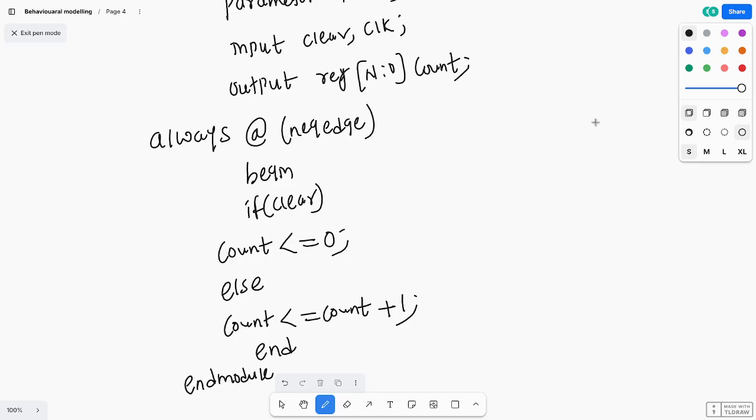Continuous assignment means all the inputs and outputs should be net data type, that is wire data type, and we need to use the keyword assign and an assignment statement. Basically this continuous assignment is used in data flow modeling. Procedural assignments use two types of assignments: blocking assignments and non-blocking assignments. Blocking assignment means when one instruction is executing, the next instructions will be in a blocked state, and mostly for designing combinational circuits we use blocking assignments. Non-blocking assignments means all the instructions